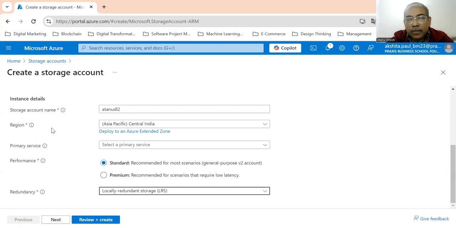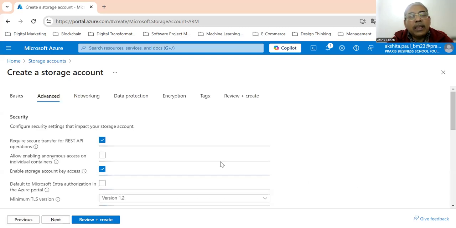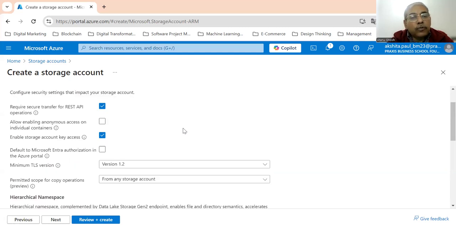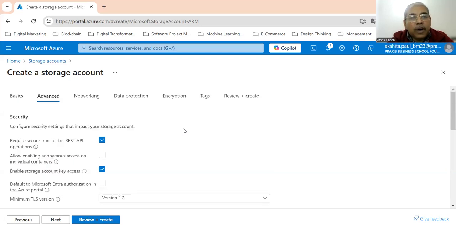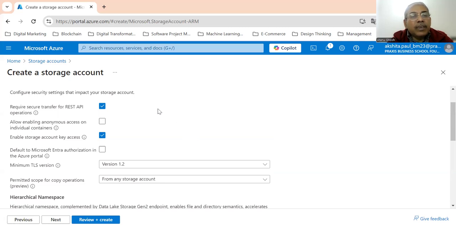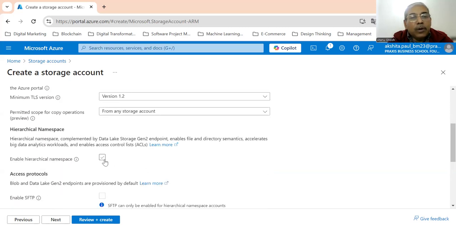So each of these steps will have certain configuration, and we should go to the next one and check all of the configuration. Many of them are default. So unless and until I'm specifically mentioning to change the default, you can leave it as default. So we have now gone to the advanced features. Now here we see these REST API operations, you can leave it as default,